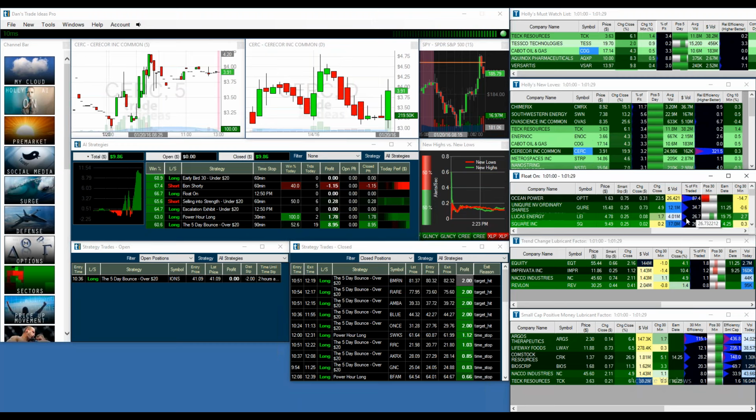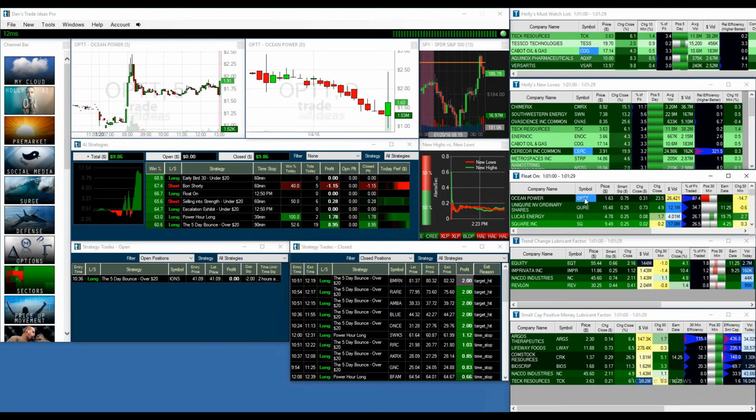Let me talk a little bit about one of the things that we help people understand: supply and demand. Float is the size of how many shares are out there that are being traded. So when you have a large percentage of the float that's being traded, basically the stock's turning over. Here you have this OPTT, Ocean Power. This is the kind of thing where we say, look, it's impossible to say exactly what's happening, but you need to be watching it because this is where alpha comes from. Okay.